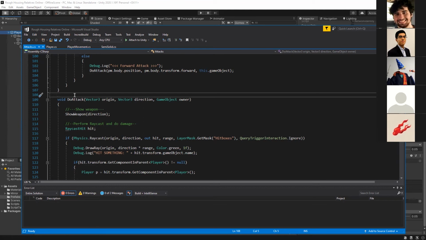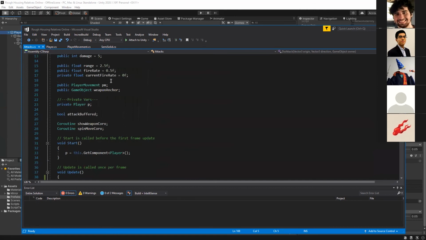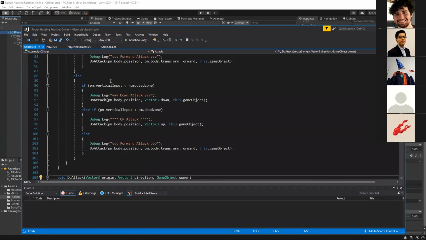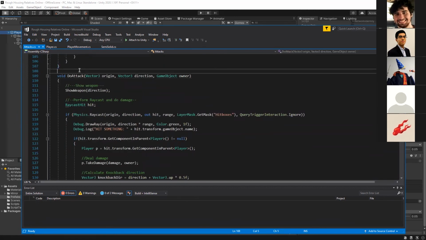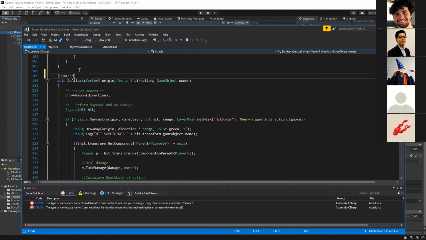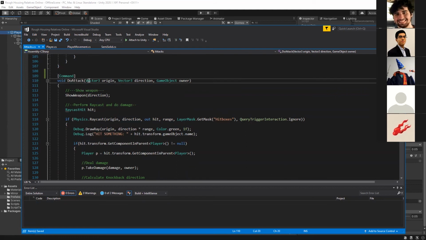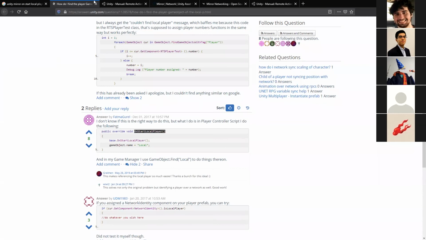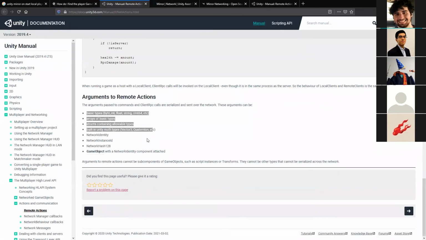We can change that because this is already a network behavior, and all we have to do is make this a command by adding the command tag. And so these two are already default networkable parameters, which are on this page here.